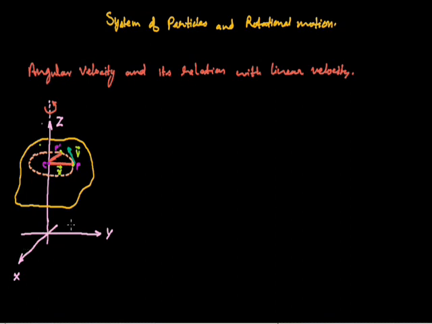such that the rotatory motion of the body is in a plane, and that plane is the xy plane, and the rotational motion of the body is with respect to an axis, and that axis is the z axis, which is perpendicular to the plane of the rotation of the body. Since the body is rotating about the z axis